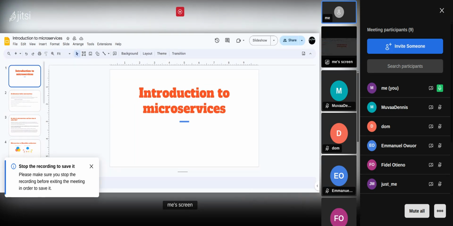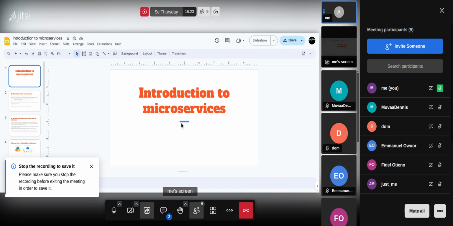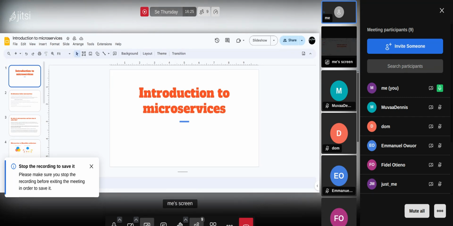Say you have a class responsible for registering users, another class responsible for payments, another class responsible for tweets and all that. If you want to call something like a tweet, you call a certain class, and then that class feeds data to your endpoint or your front end. So ideally, everything within your system is coupled together, and you use functions and methods or classes to call different functionalities within your system.